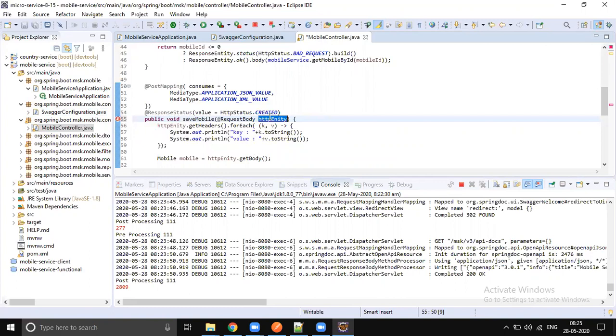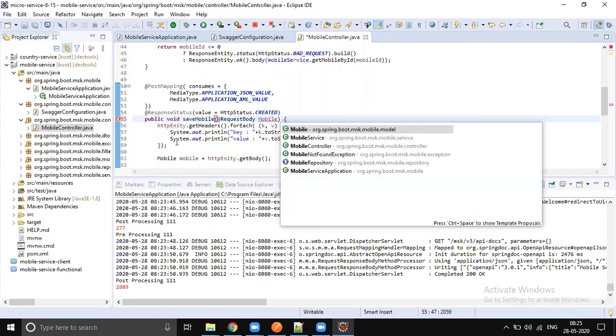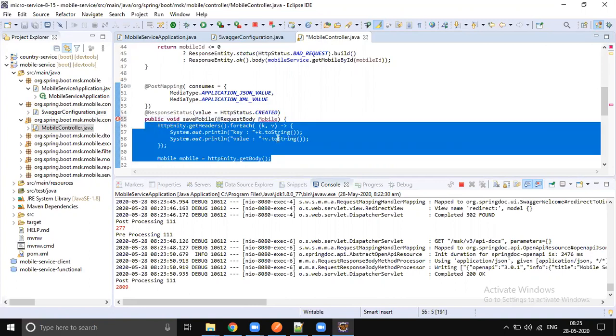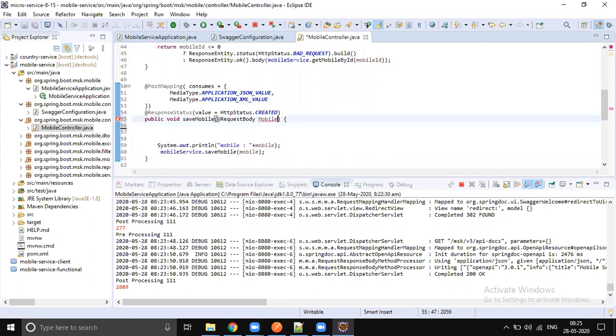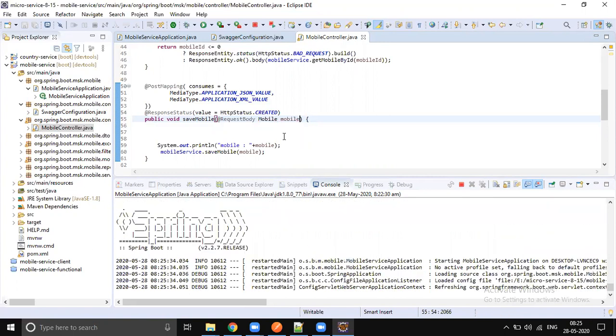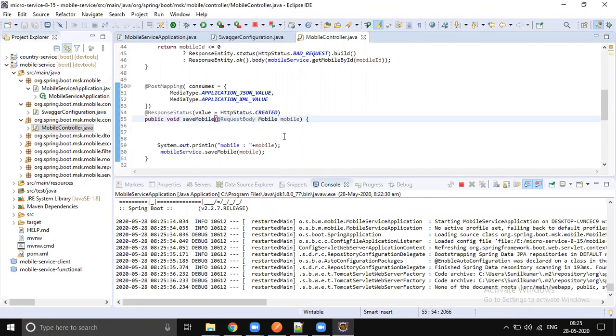Let's remove all this HTTP entity code, so we don't need that. It's going to be the request body mobile. Now just save this file. As we added dev tools, it will take a while to reflect the changes.